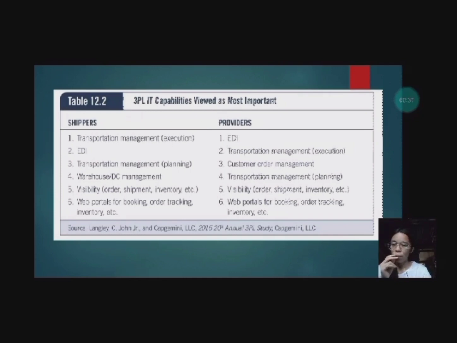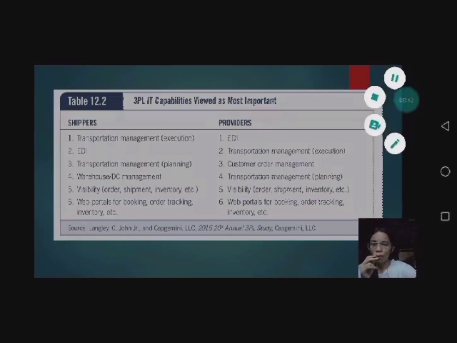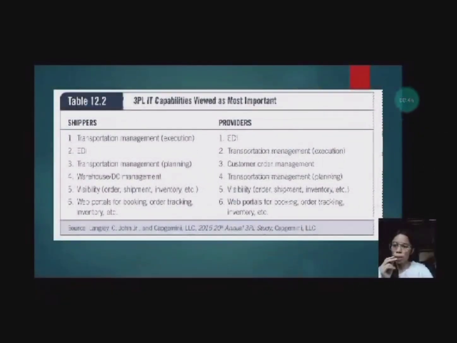Visibility of order, shipment, inventory, etc. Same for providers. Then for shippers, web portals for booking, order tracking, and inventory too. Same lang po sa providers. When we say transportation management, it involves the operational aspects of organizing and optimizing the physical movement of goods, ensuring efficient and timely transportation. Then EDI or electronic data interchange, an example is sending and receiving invoices, purchase orders